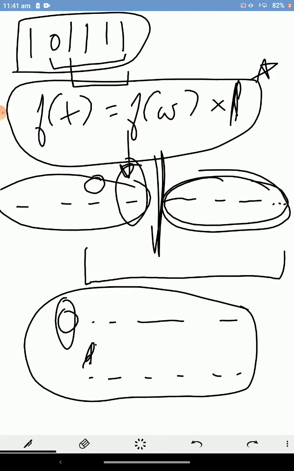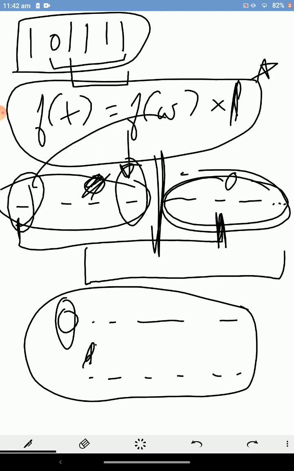Now the second case is if our 0 comes at the right side position. In that case we can take a string starting from the first index and go till the index which contains 0, and take our second string starting from the first index and go till that index minus 1. Basically this string goes from the first index till the index containing 0 minus 1.